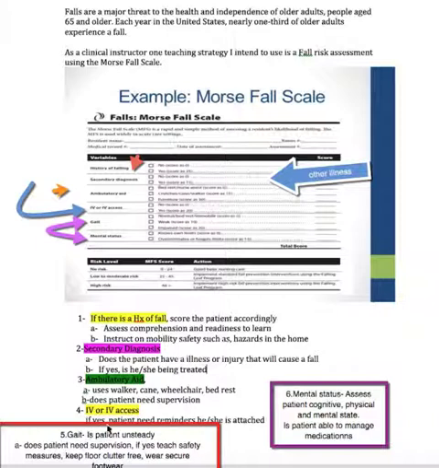Next is the patient's gait. You assess if the patient is unsteady. Normally, if the patient needs supervision, there will be a caregiver present in the home, and we need to teach both the caregiver and the patient. If there's a safety issue, is the floor clutter free? Be aware of throw rugs, and any water on the floor that the patient could slip on. Make sure there's proper lighting, and if the patient needs glasses, ensure that the patient wears them